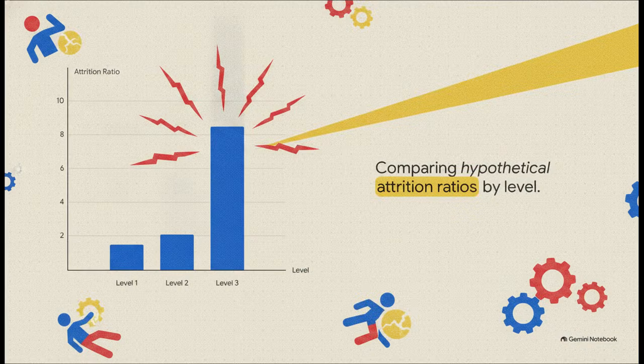You're looking for that specific structural failure point where your company's knowledge, experience, and momentum are just leaking out the fastest. Now, what's really interesting about this is how visually undeniable the problem becomes. When you plot your calculated ratios by level, the highest drain of talent instantly reveals itself. See that one towering spike? That is a blaring alarm. It cuts right through all the vague noise about company culture and points a laser directly at a specific tier of your workforce. It tells leadership exactly where they need to intervene, investigate, and invest resources to plug the leak before the entire structure gets compromised.